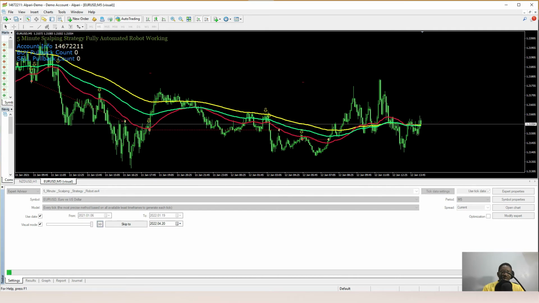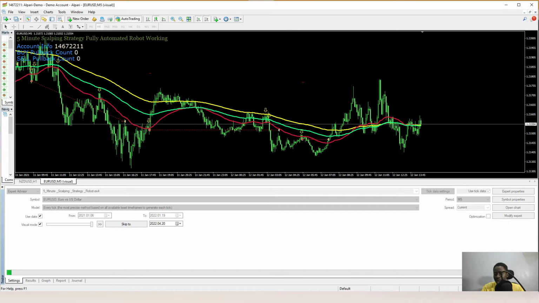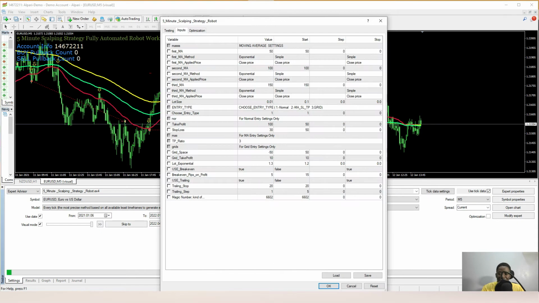So now let me take you to... Let me stop this. I want to change the settings to 2. So I want to use the MA stop loss so that we can use this area here, our TP, to be this ratio. So let's try to see again. Let's see what's going to happen.